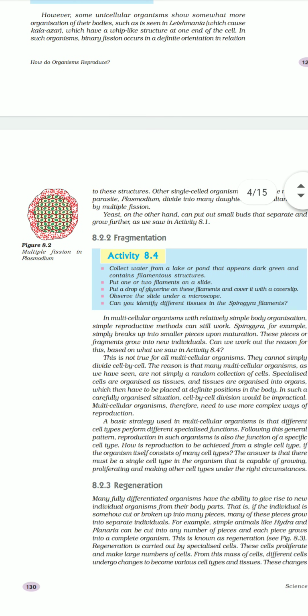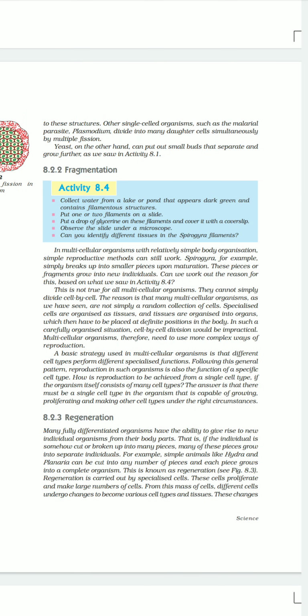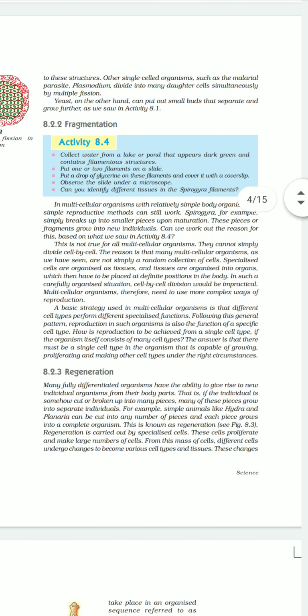You have to learn the examples and the differences also, like the difference between binary fission and multiple fission. Binary fission gives rise to two daughter individuals, while multiple fission gives rise to many, more than two daughter individuals. Binary fission occurs during favorable conditions, and generally multiple fission occurs during unfavorable conditions. When the condition is unfavorable, they form a layer around themselves and do not release the nuclei from inside until favorable conditions approach.